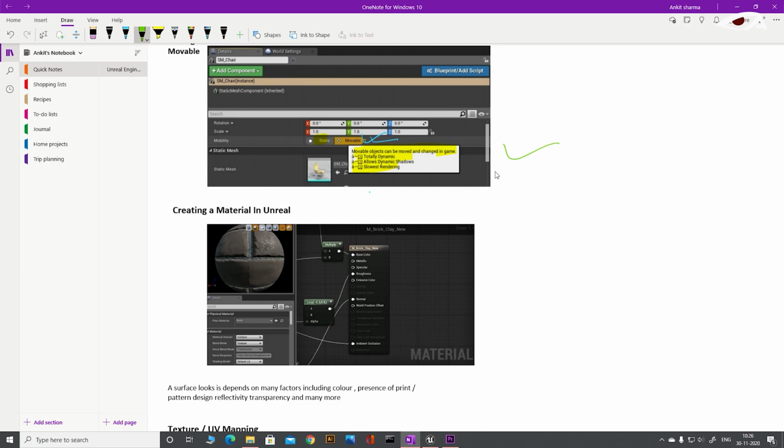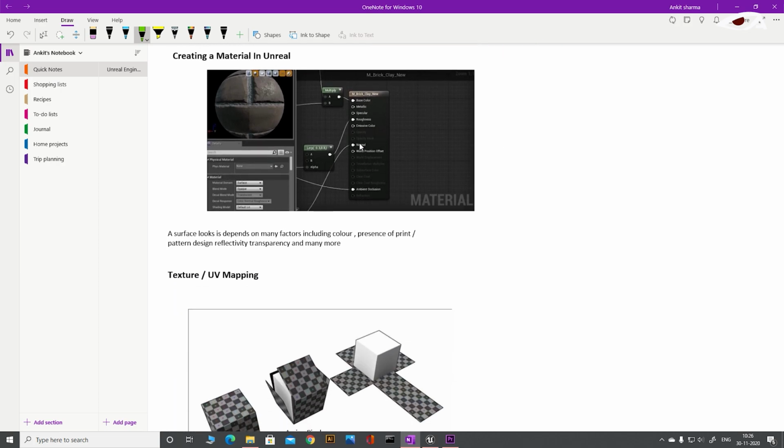Now the next thing is creating a material in Unreal. The surface look is determined by many factors like color, presence of print, pattern, design, reflectivity, transparency and many more. These factors combined together give the surface its unique look. Let's take a look at what is behind the screen in the material.